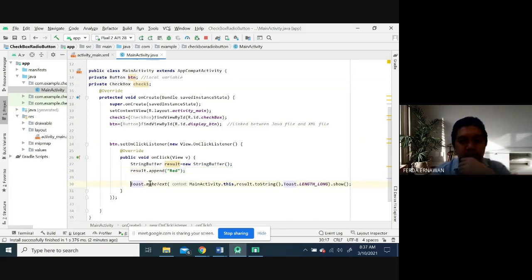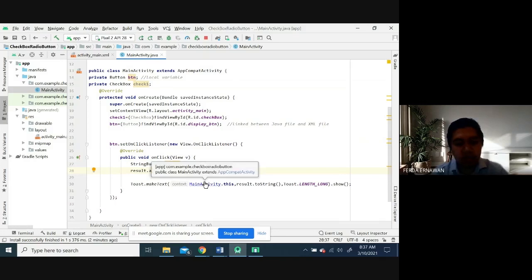And then display. In the display, I just call the variable, which is a string buffer here, dot toString, and the toast message. But let's say I want to show the whole thing: I want to show red and true.